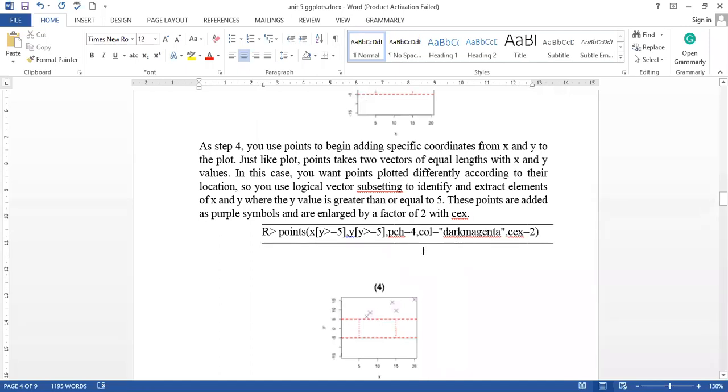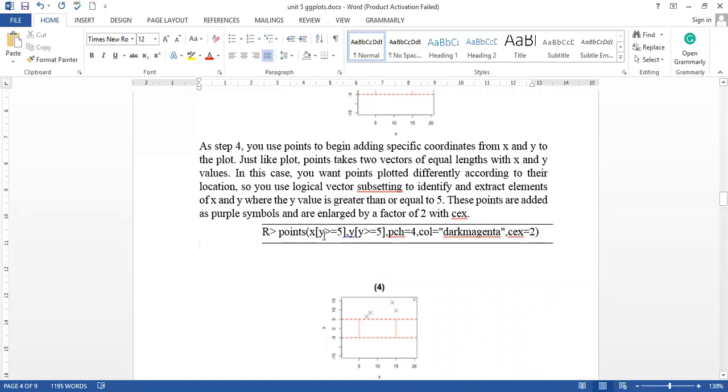Initially, we have to calculate those points whose value is greater than or equal to 5. To find these points, we use the function points here. The points we are finding are the x and y coordinates.